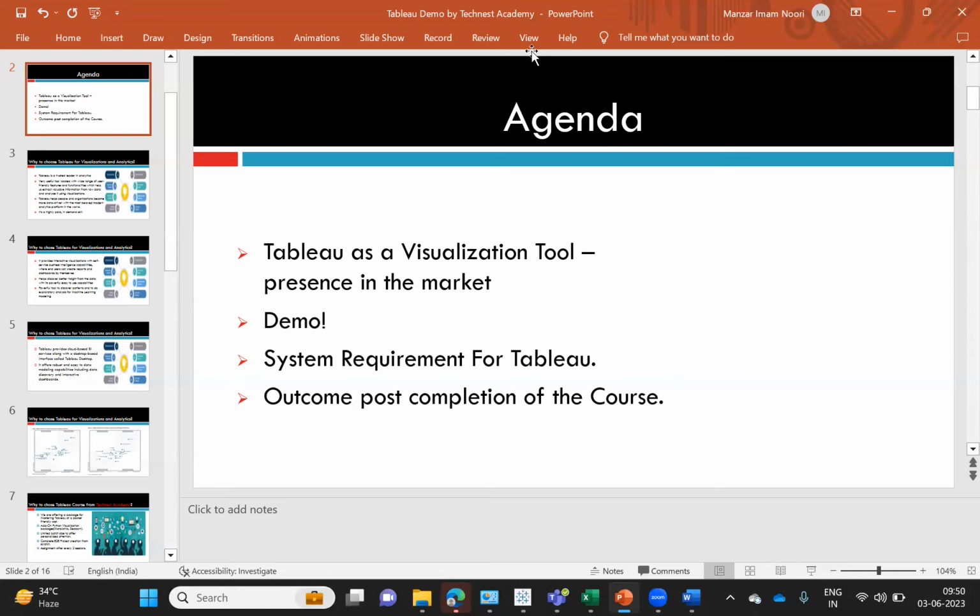It's all about the analysis, the questions, the problem statements, what we are going to solve. How we are going to solve it, that is using the tool, and that is the next part. The very big thing is you have to know your data. Then you will be able to use this tool properly.